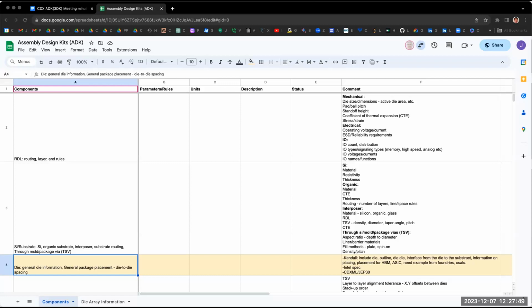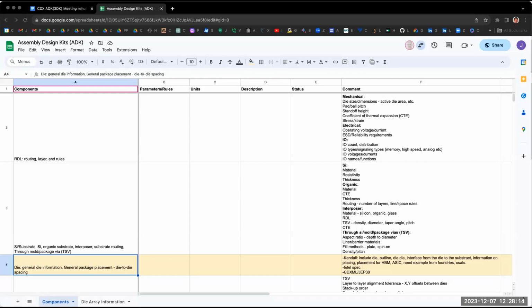A lot of these rules are in YAML, but we should look at XML and YAML. I think those are the two we're considering. There are pros and cons of each, but the die is already a standard, so we hopefully agree to move forward with the JEP30